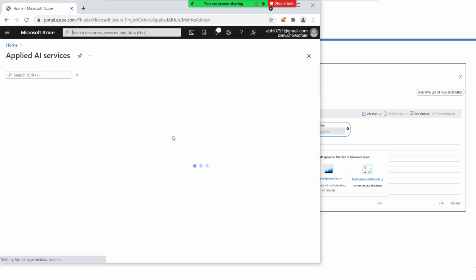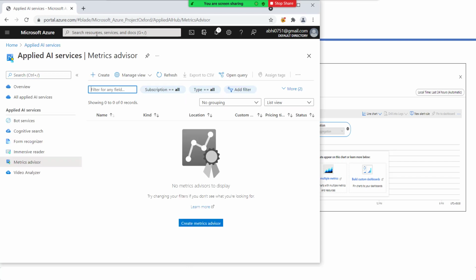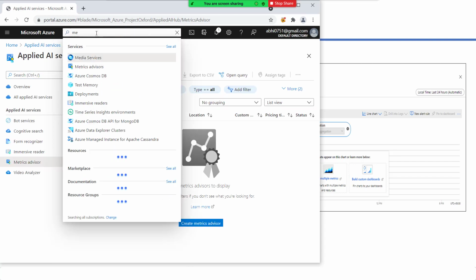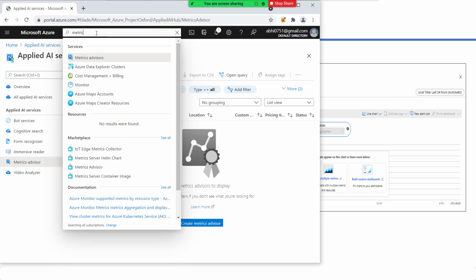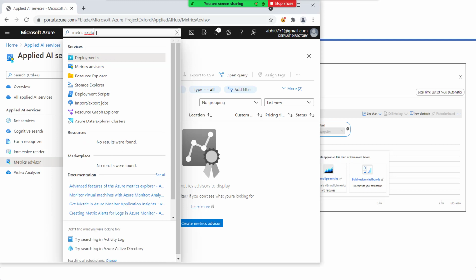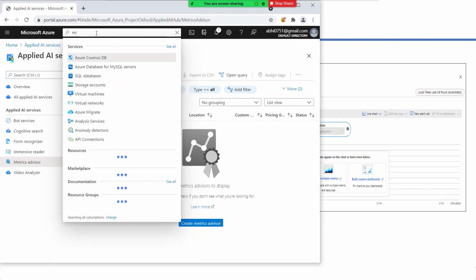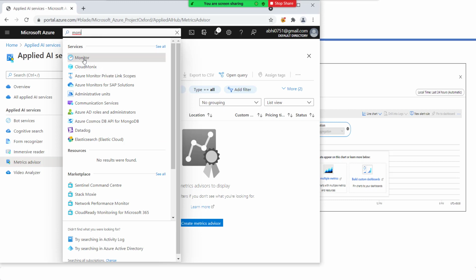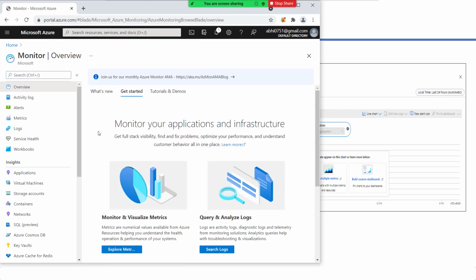Have they changed the name? Where did it go? Okay, let me try to access it another way by going to Azure Monitor. Once you go to Azure Monitor, here you can see Metrics Explorer.